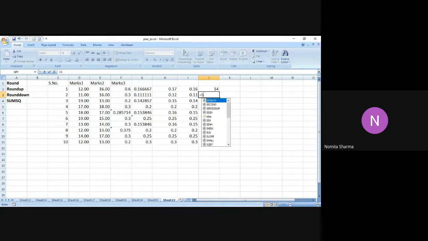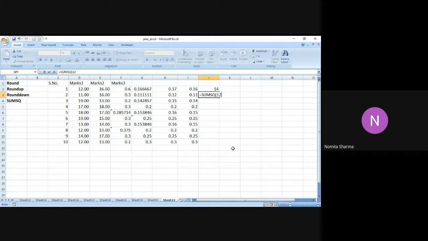Let me do it one more time so that it's easier for the people to understand. I repeat again, SUMSQ is going to return the sum of squares of the series of values which I mentioned over here. The SUMSQ function is a built-in function in Excel and is categorized as a math and trigonometric function. It can be used as a worksheet function, WS, in Excel as well. As a worksheet function, the SUMSQ function can be entered as part of a formula in a cell of a worksheet. So that was all for today. I hope it's pretty clear to everybody and we'll continue.